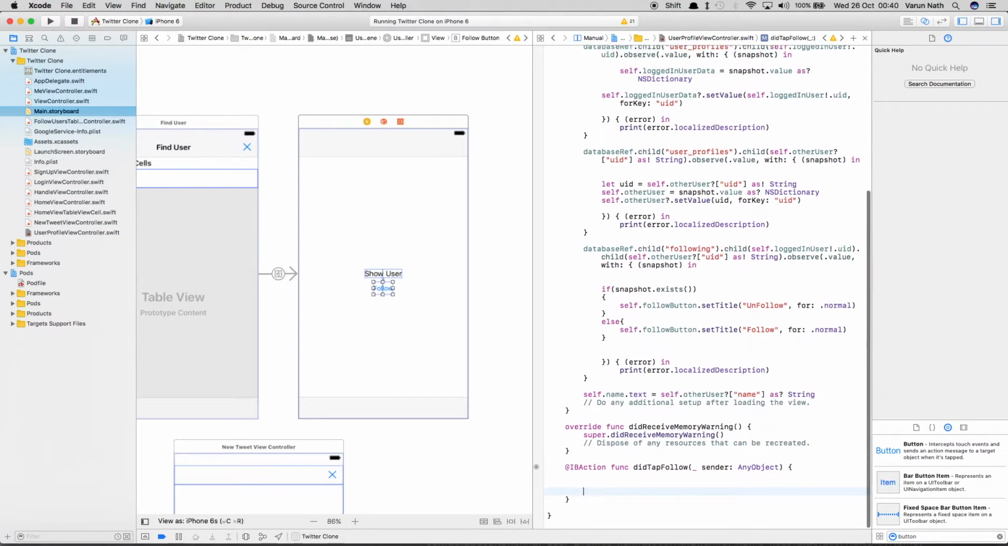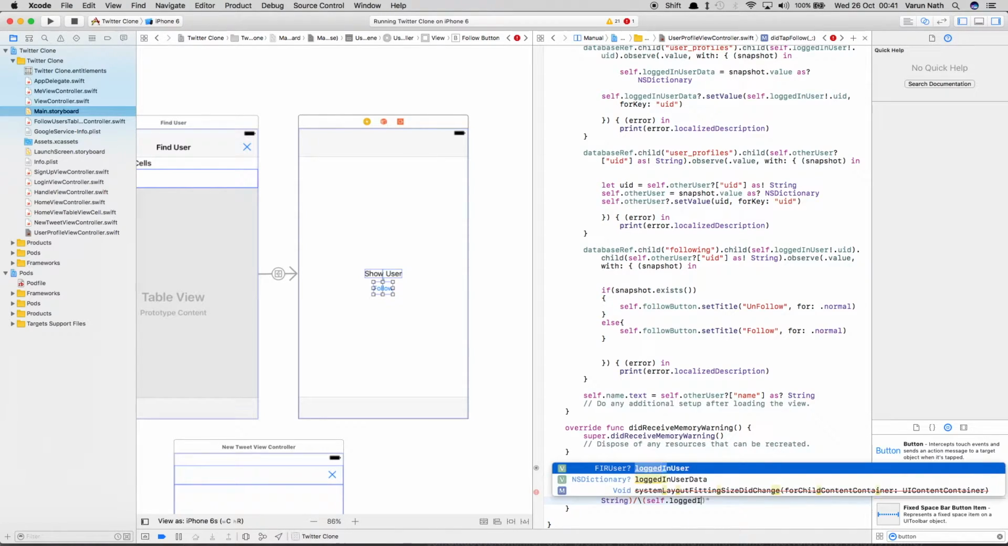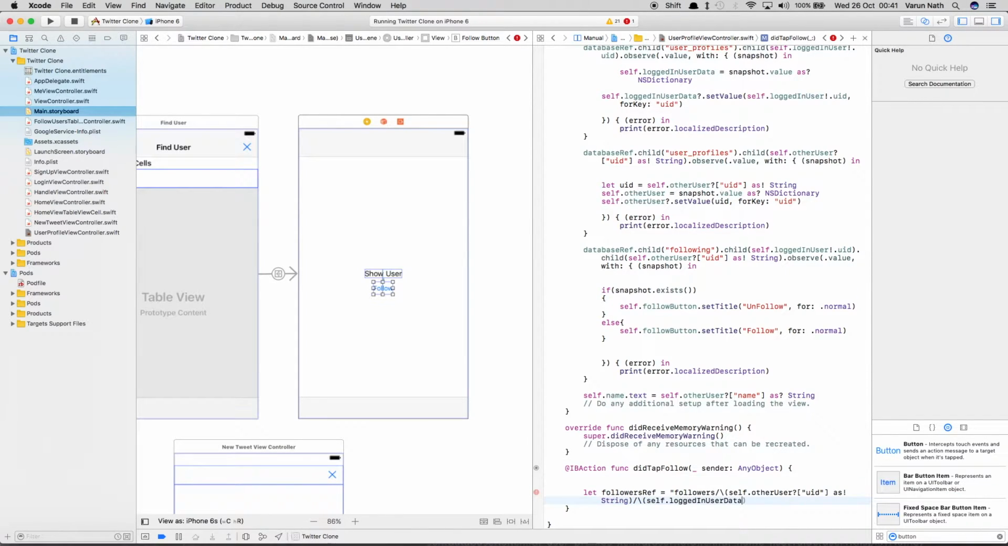Here what we'll do is we'll create a reference called setFollowersRef, and it will be the reference to our node in our database. So under followers it will go under self.otherUser, under the UID as string. Under that we'll say self.loggedInUserData UID as string,